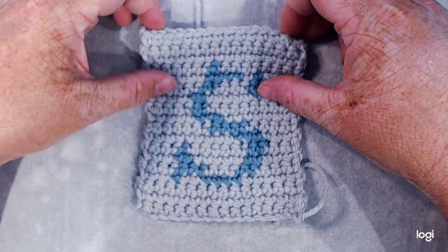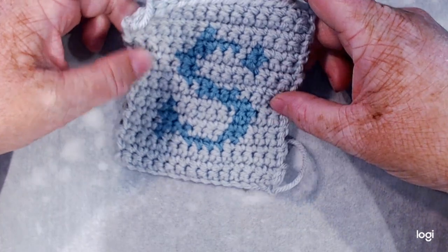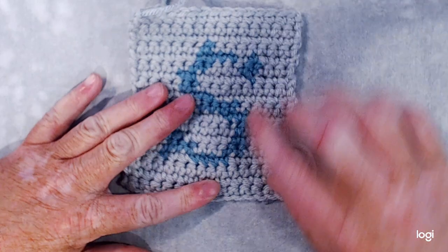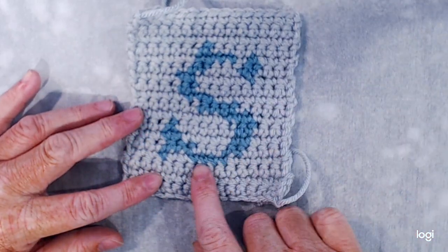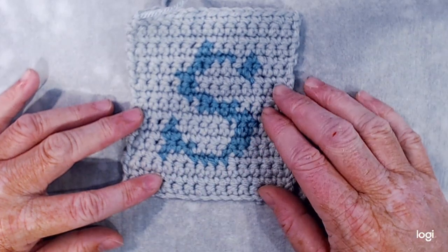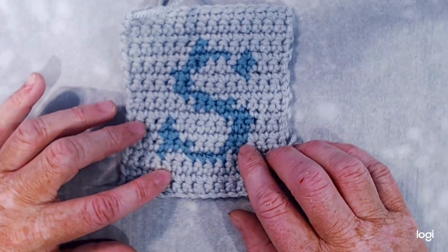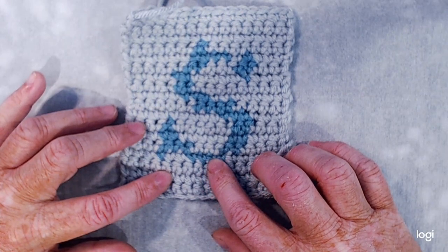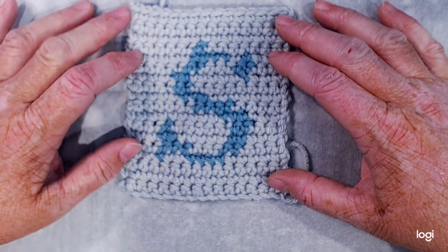Okay, today I'm going to show you how to go about doing stranded crochet or intarsia crochet. And what that is: normally when you would change colors, you could just crochet over the old color when you do the new color. But when you have long stretches, you can kind of see the previous yarn through the new color. So instead what we're going to do is carry the yarn around the back,